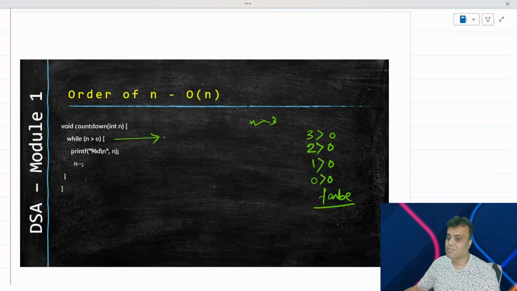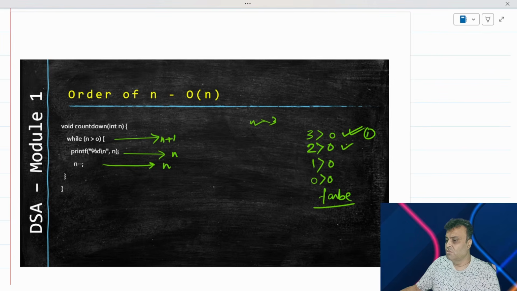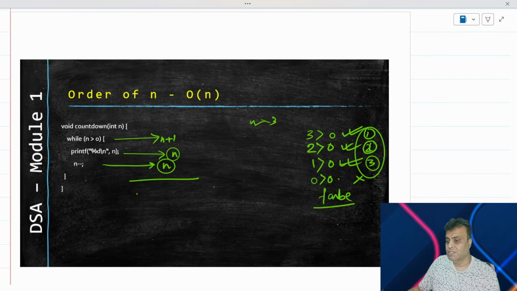So this line executes itself n plus 1 number of times. I hope you can understand that. And inside this will execute n times. This will execute n times, right? So when you enter for 3, this will enter 1 time. For 2, it will enter 2 times. For 1, it will enter 3 times. For 0, this will not enter. So total number of times you get is 3. That is why you will execute for n times each and every statement, right? So this means that the total time complexity is coming to be 3n plus 1.